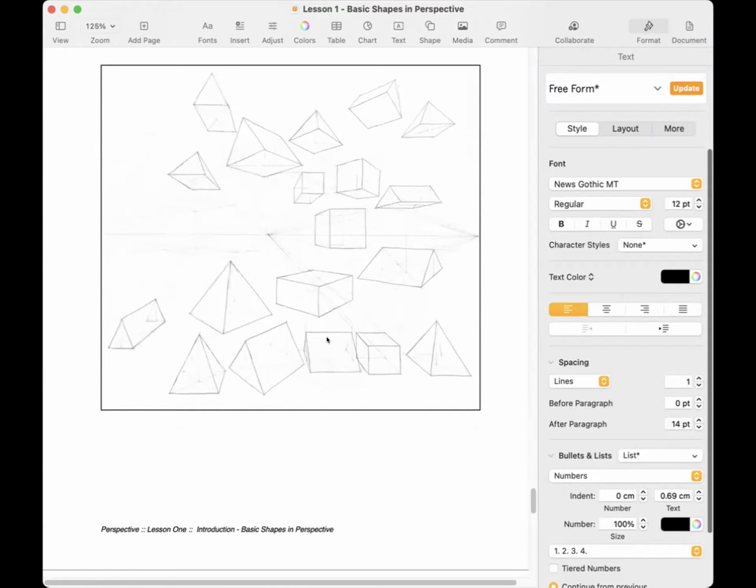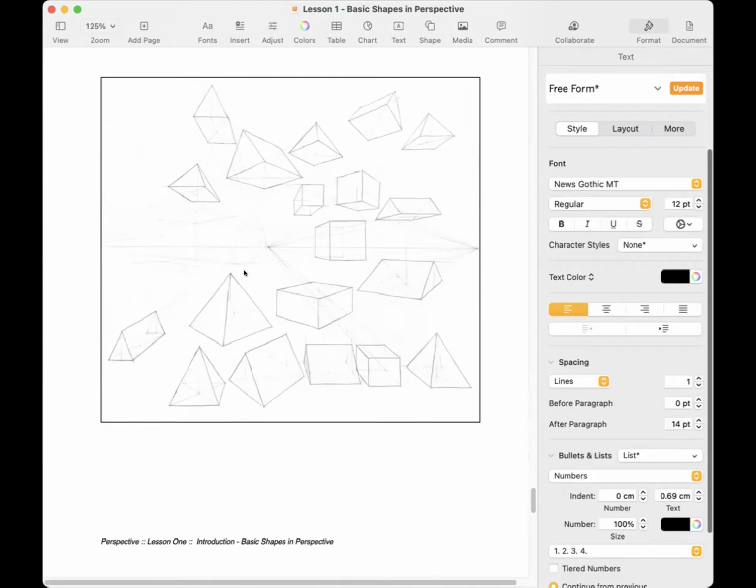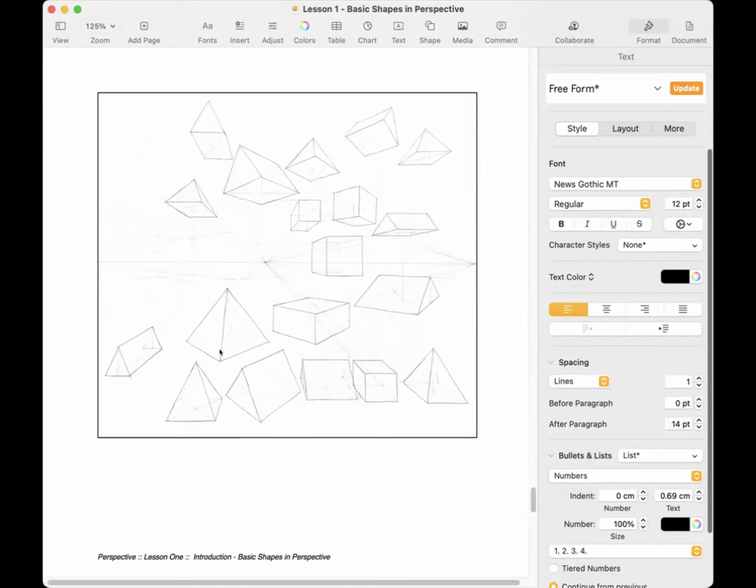You can use a ruler for your structure lines. I recommend that you don't use a ruler, but you can use a ruler for your structure lines. For your finished lines, you cannot use a ruler. Part of this class is still developing the mechanical ability to draw. This at least forces you to do a little bit of it. Okay, I will go over that. So dark lines, finish lines, no ruler; structure lines, light lines, you can use a ruler.